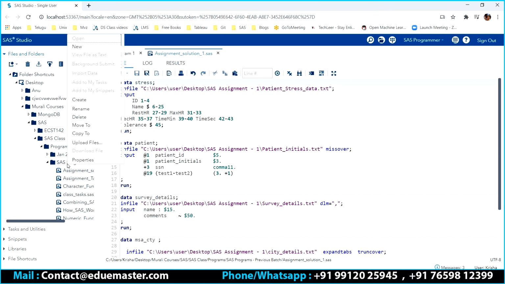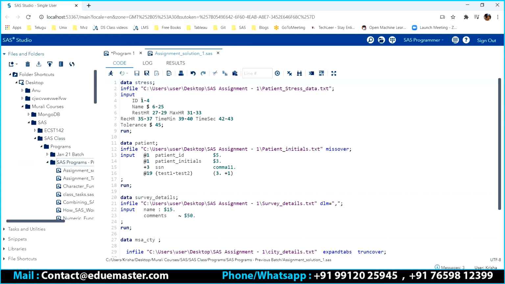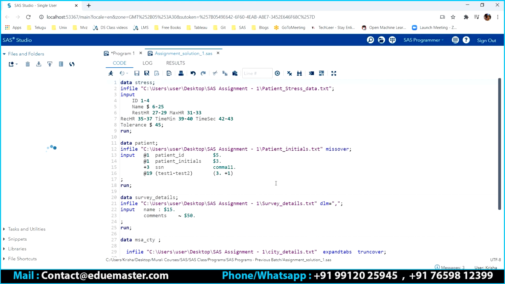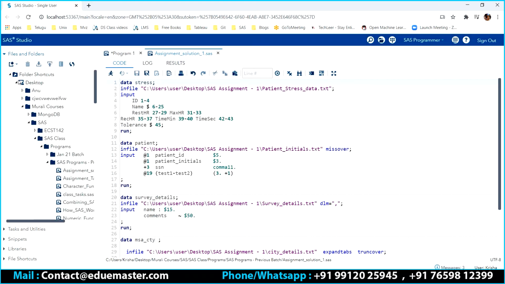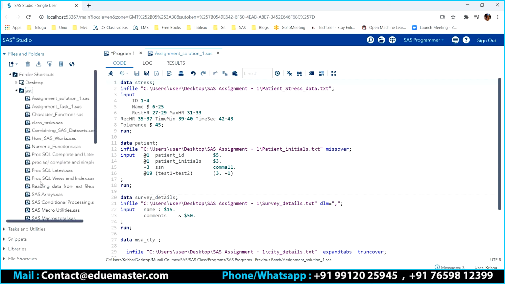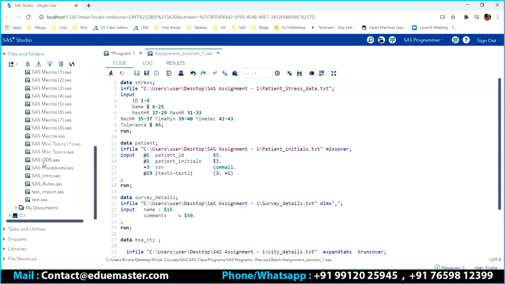What I can do now is right click on this one here, go to create, and say create folder shortcut. I can name it, let's say, test. Done. So now every time I want to do it, I know that all my programs are here. In that way, you can create folder shortcuts here.